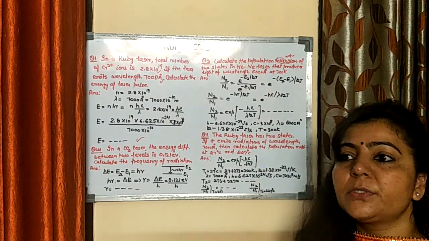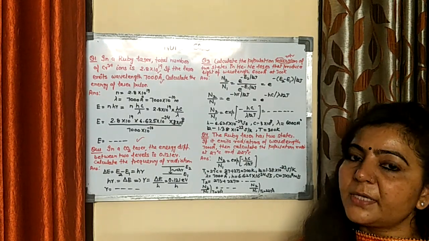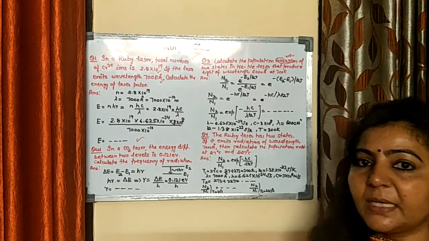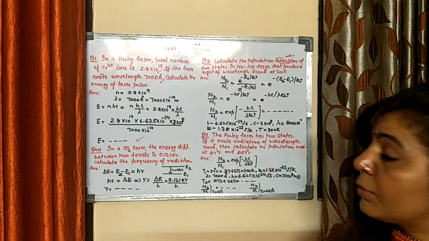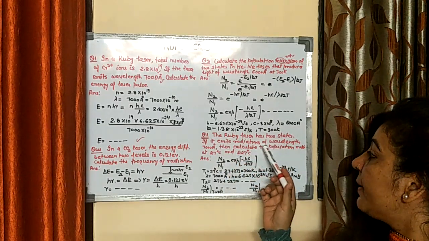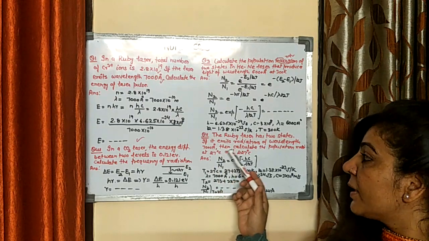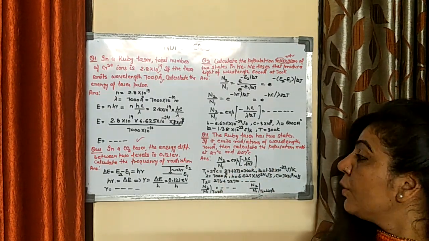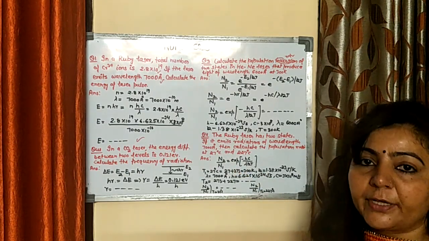Substitute all the parameters, and just remember here that all the terms should be in the same system of units. The next question is similar to question number 3. You have a ruby laser and it has two states. If it emits radiations of wavelength 7000 angstrom, you have to find the population ratio at two different temperatures: at 27 degrees centigrade and 227 degrees centigrade.